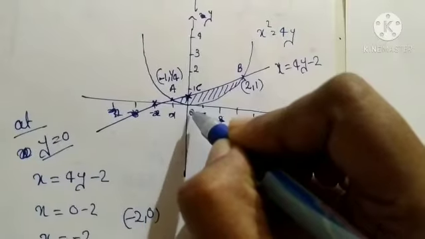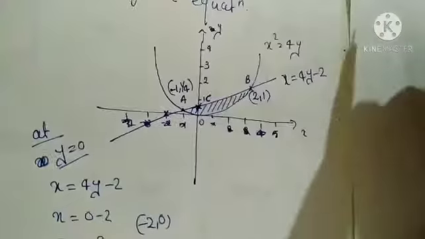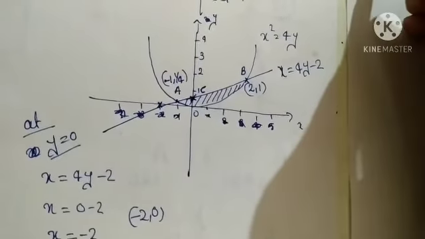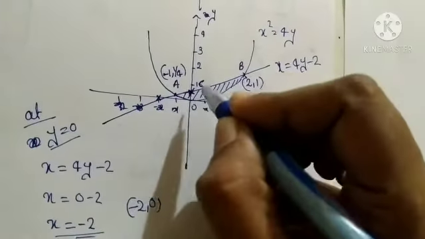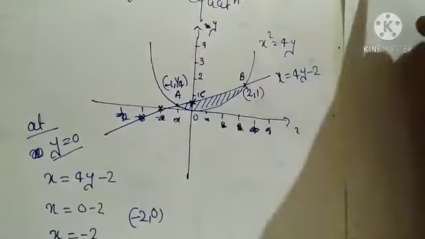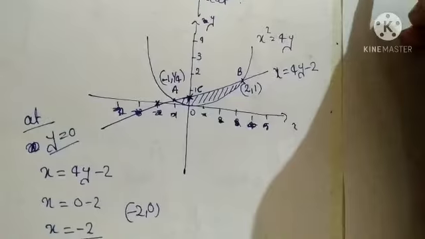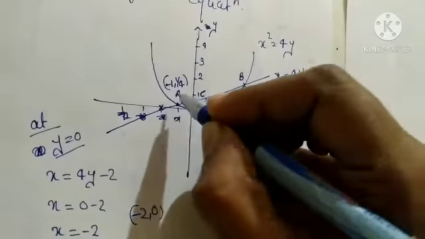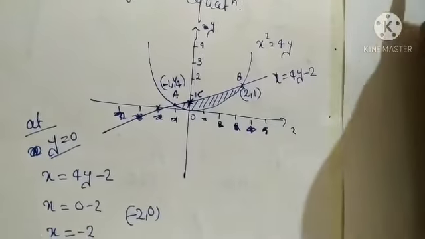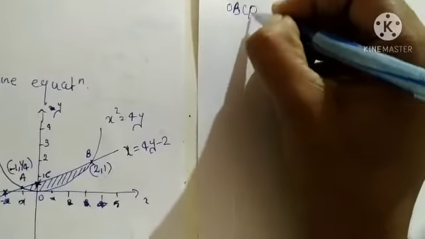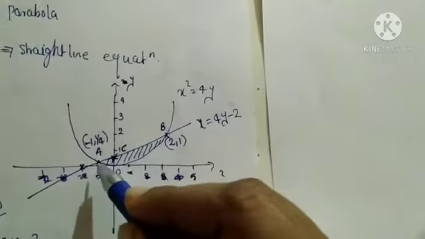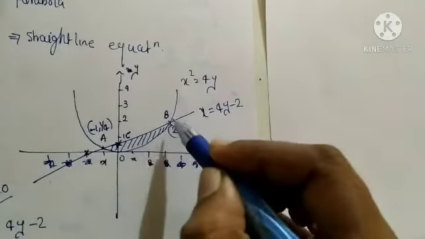First part is OCA. So the whole area of OBCAO, that means the whole shaded region,